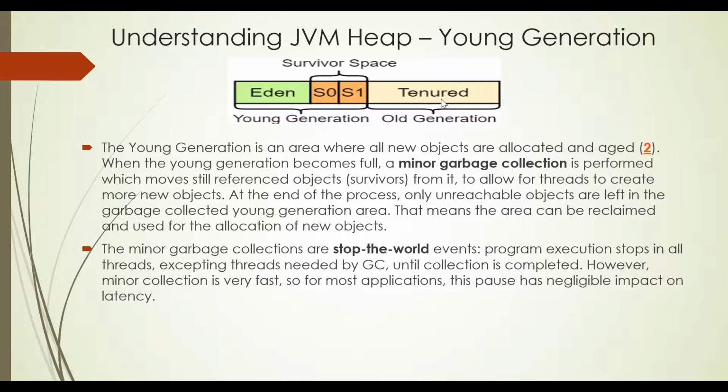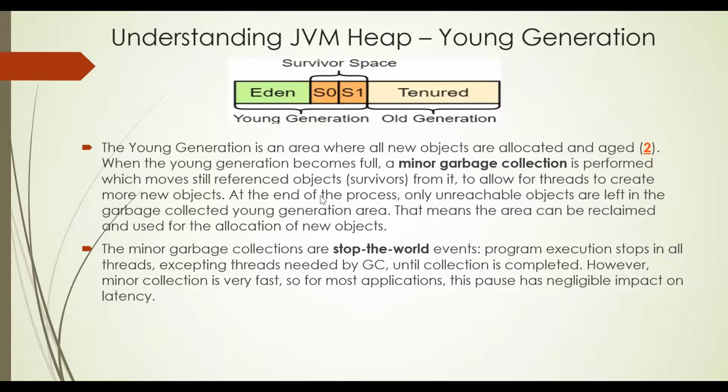As of now, for the heap memory session, we just need to understand that there are these separate parts of the memory: the young generation, which comprises Eden and survivor, and the tenured generation. Survivor zero and survivor one are the same size. Eden and tenured are not the same size: Eden is smaller, tenured is bigger.